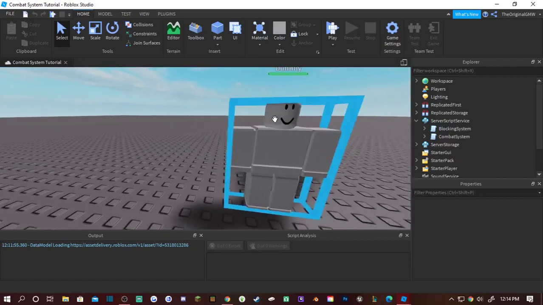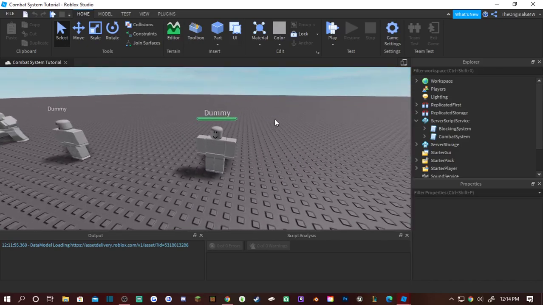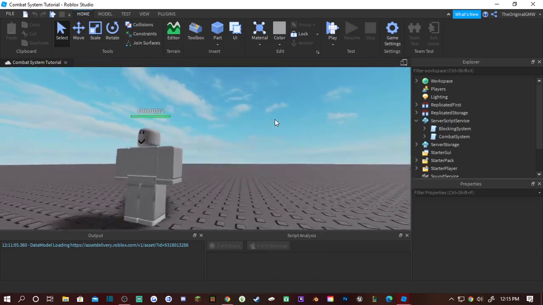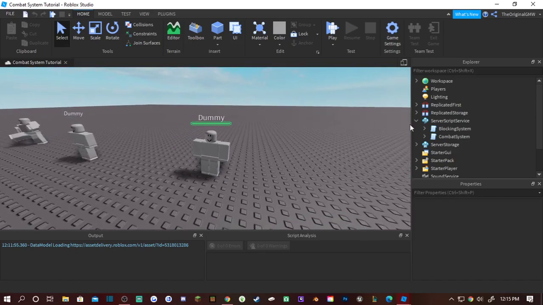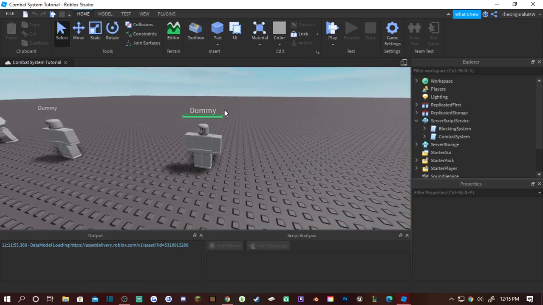This is going to be an add-on, a remaster of an old series, the Stats and Levels series. So this is part 1 of Stats and Levels. We're going to combine it with the Combat series that we just finished. What you want to do is make sure you have API settings enabled, and once you have that ready,